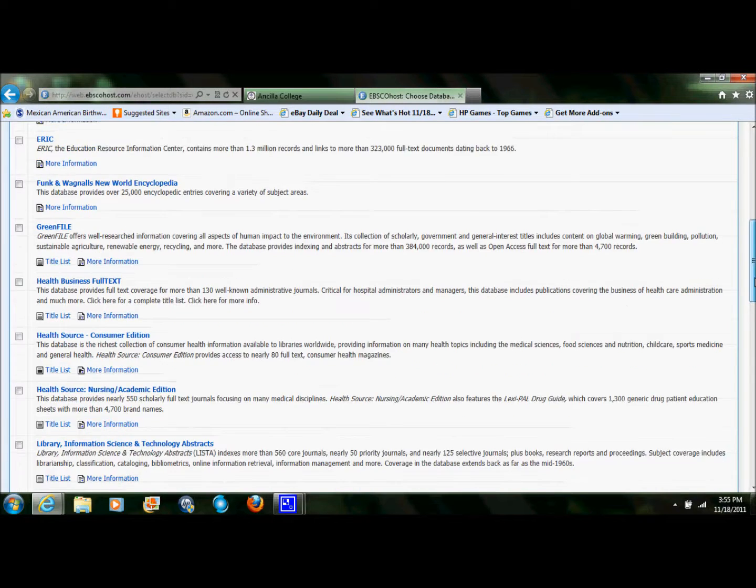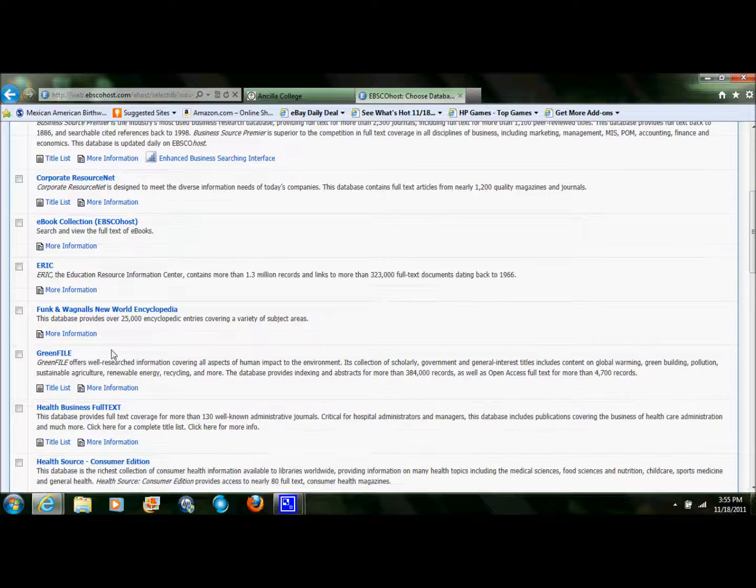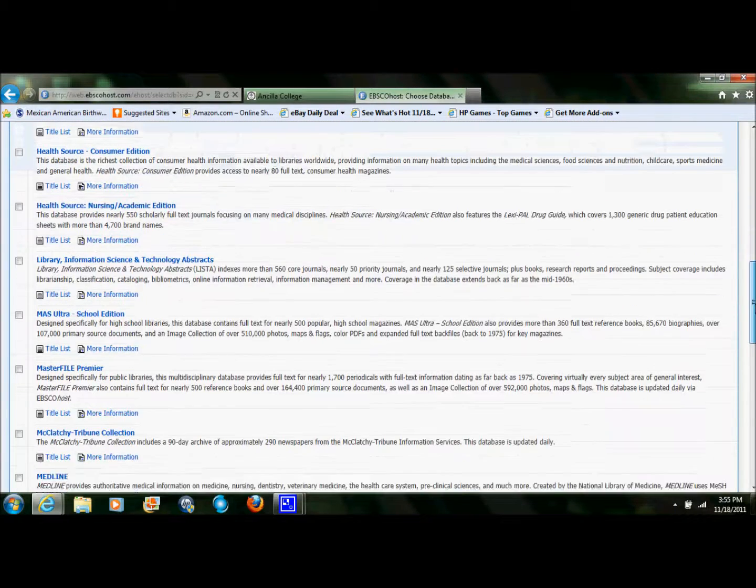I suggest using Academic Search Premier for most, if not all, searches because it has a lot of full text available and it's multidisciplinary. That means it covers all different topics, not just one. I'm going to do an environmental search as an example of a simple search. So I'm going to choose Academic Search Premier, Green File, which is an environmental database, Master File, which is another